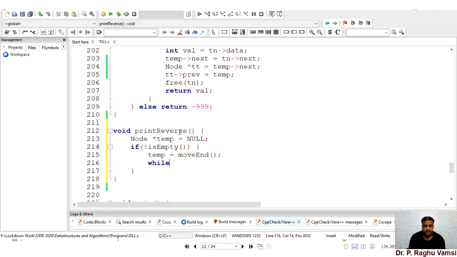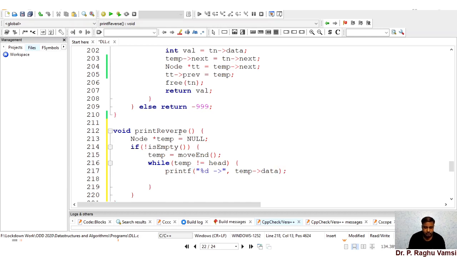How long do we need to traverse? While temp not equal to head, that means if the temp address is not equal to head, we need to traverse and printf %d temp data.